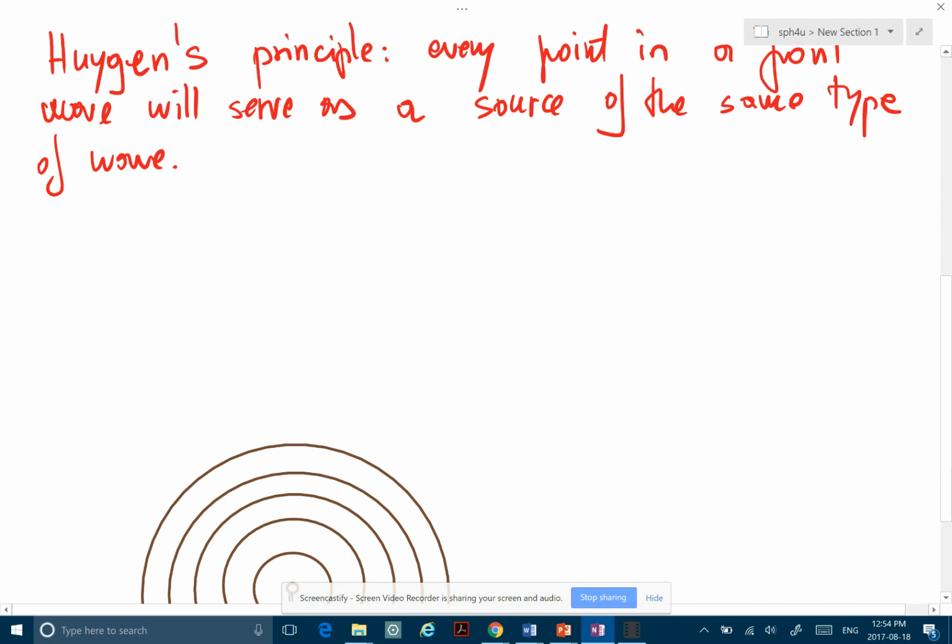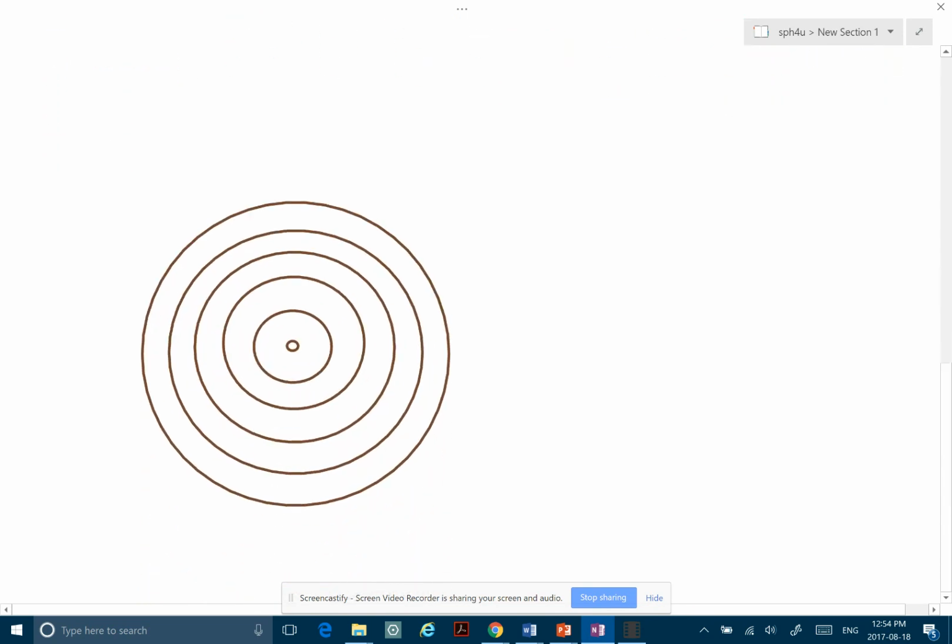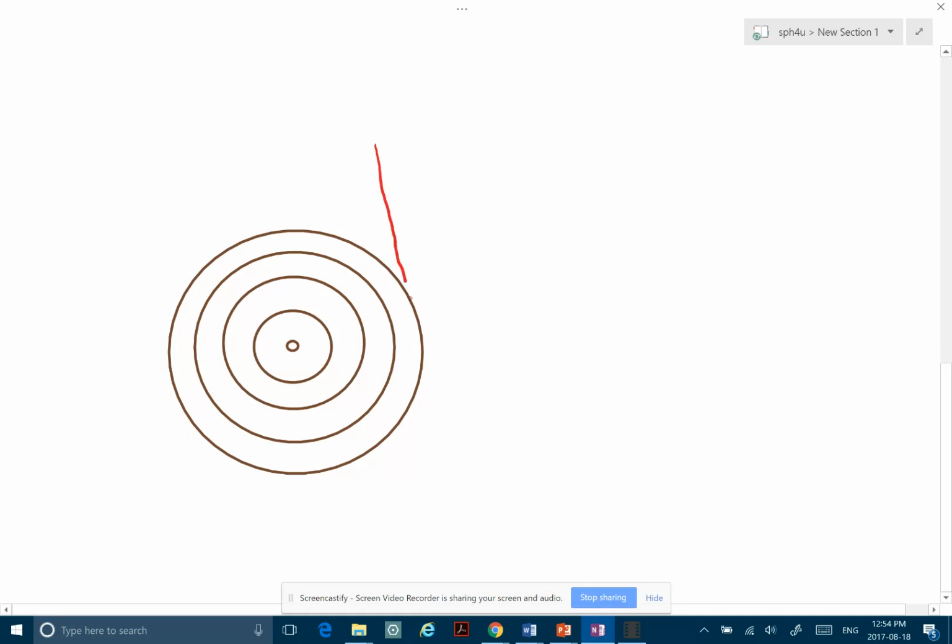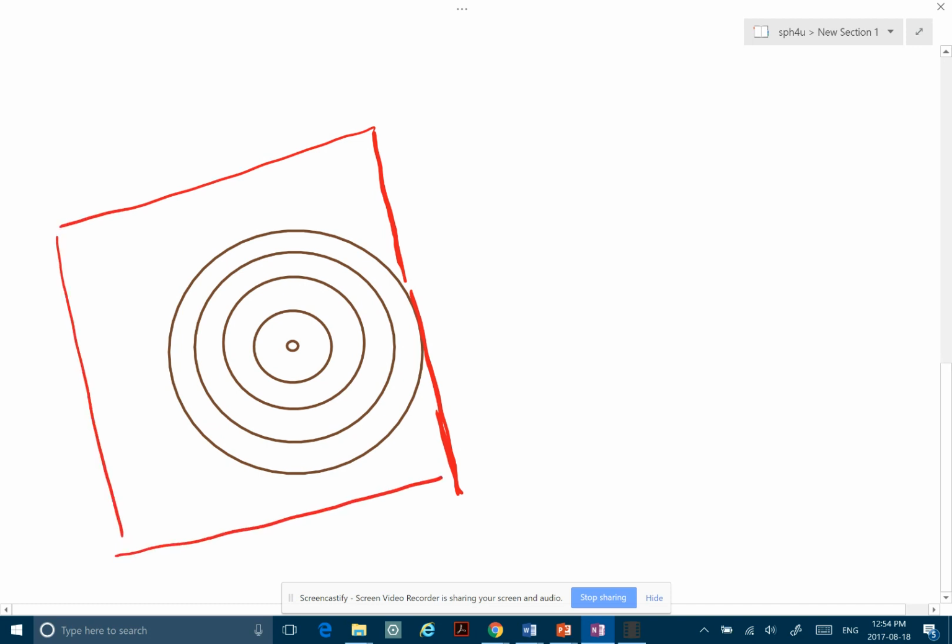How do we observe this in an experiment? If we were to place an obstacle, so let's say this is water, and then we put a wall, and we allow only one point of this wave to go through, right? So this is like a box. Around here, we're going to have a lot of reflection, bouncing. We're not interested in them right now. But what's going to happen on this opening